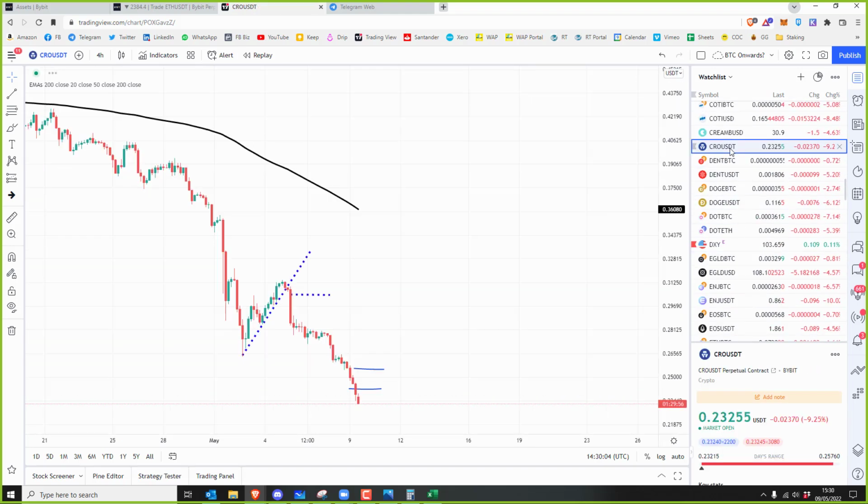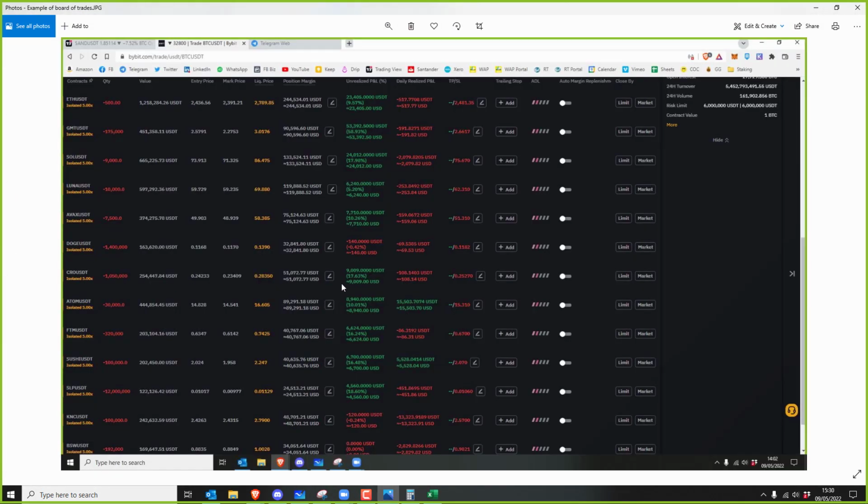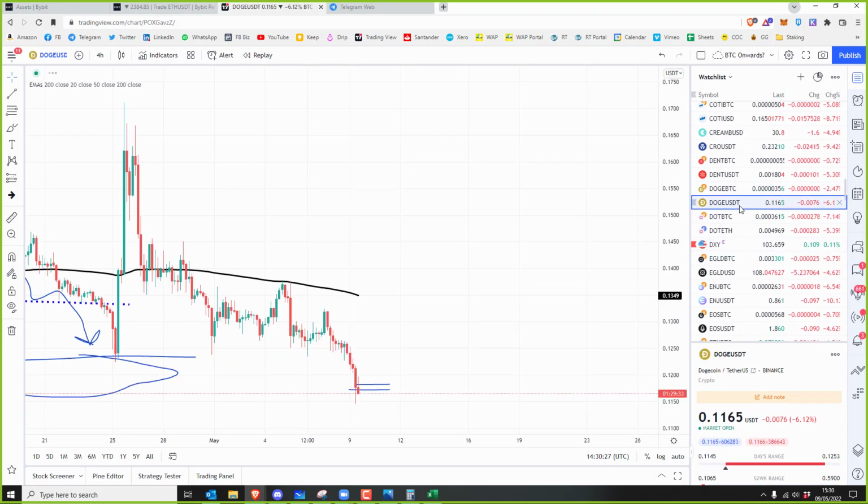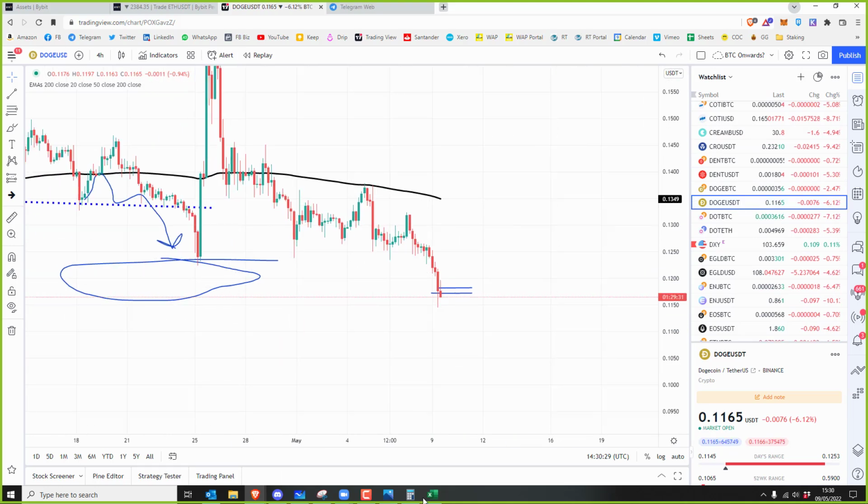Sorry. Crow. Yeah, I've really lost out on money by closing all my trades. For example, Crow here. I know it was only 9 grand up there, but at the time the mark price was 0.2340, 0.2320. I know it's only gone 20 cents down, but a lot of these coins are still moving down.